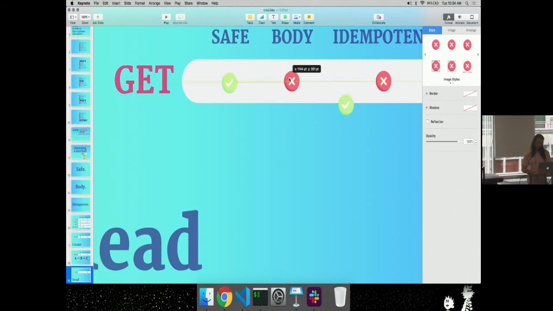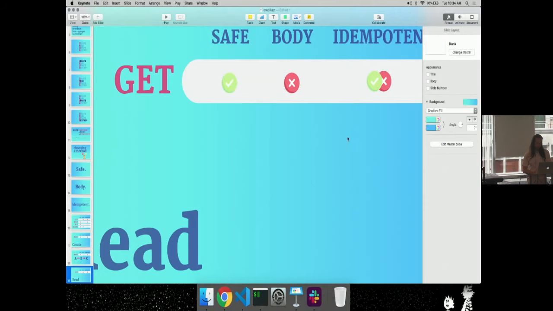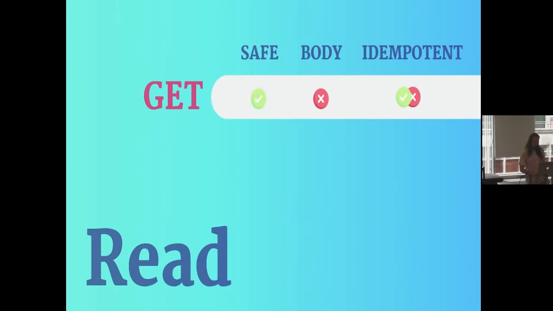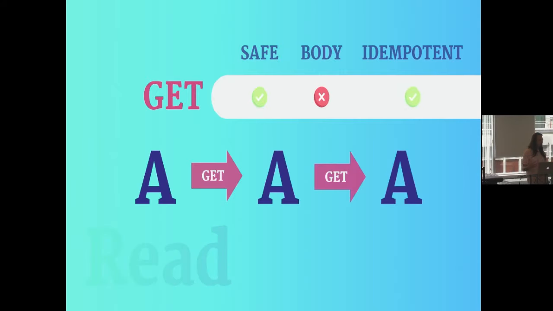Okay, here we go. So we're going to say no body. We don't need it for a read. Is it idempotent or not? I don't know. Yes-y, no-sy, right? So, maybe optionally. Or no, maybe not. It doesn't make any change when we first make the call, so it's safe. That's all that matters to me with the read operation, is that it's safe. Because if it's safe, we want to use GET. Pretty straightforward. This is what it looks like. Our server doesn't change no matter how many of these requests we make. Cool?